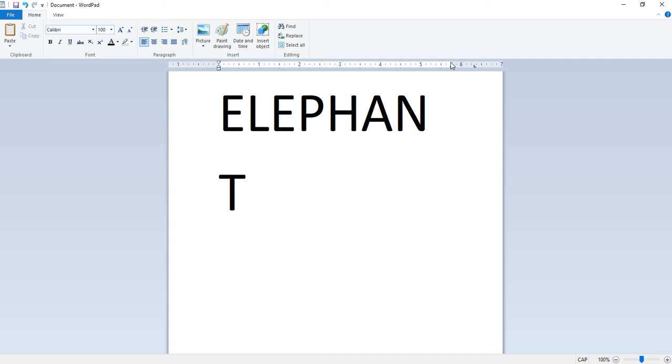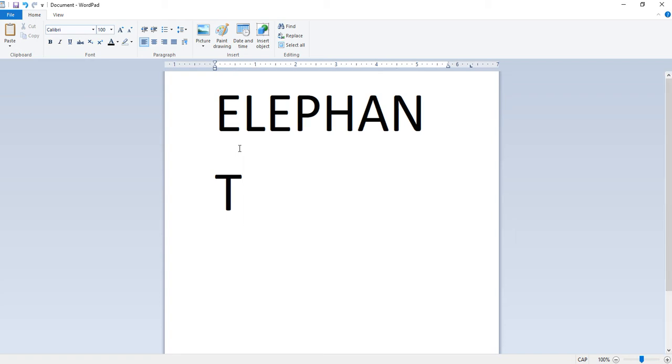Look at that students. See the screen. If we press the Caps Lock key again and type elephant, then you see on the screen